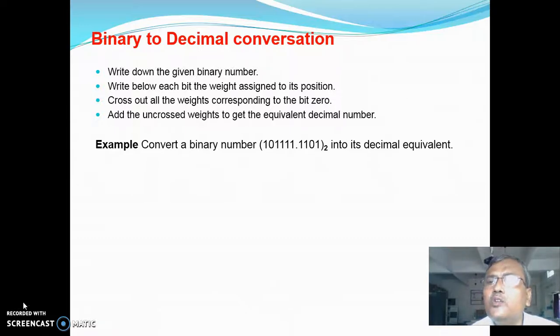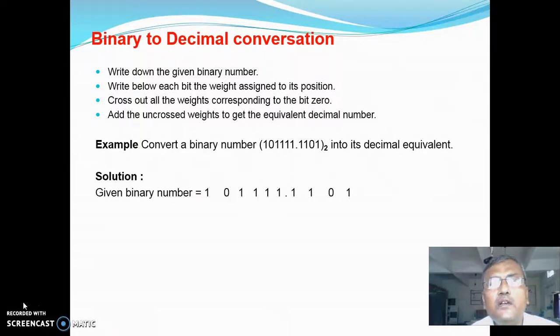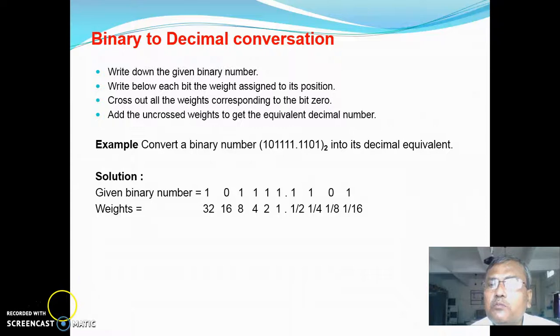10111.1101 and convert it to the decimal equivalent here. The solution is that we write down the given binary number, then write down the weight corresponding to each binary digit, that is, bit. If you consider the binary point, to the right side of the binary point the weight is 2 raised to minus 1, minus 2, minus 3 like this, and on the left side it is 2 raised to 0, 2 raised to 1, 2 raised to 2, 2 raised to 3, 2 raised to 4 and 2 raised to 5